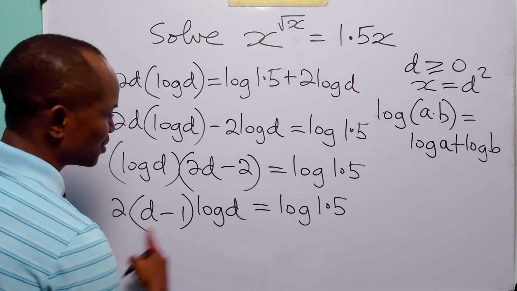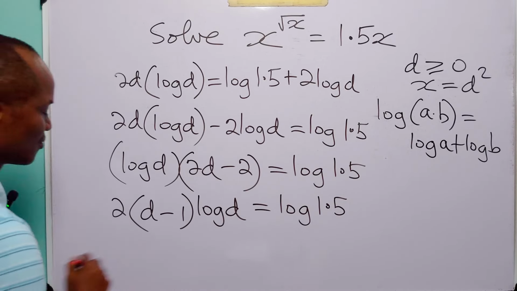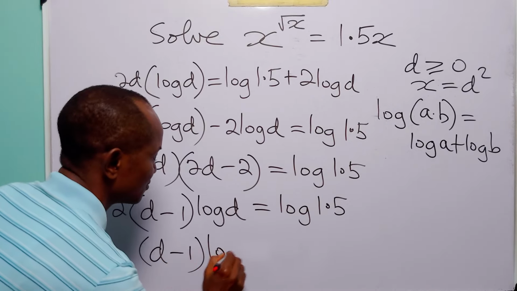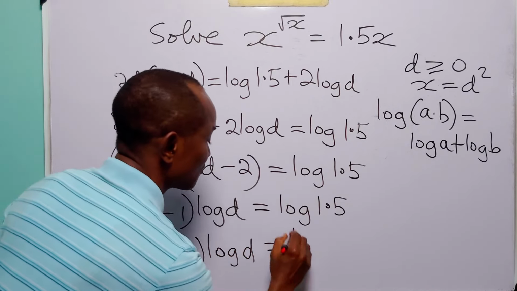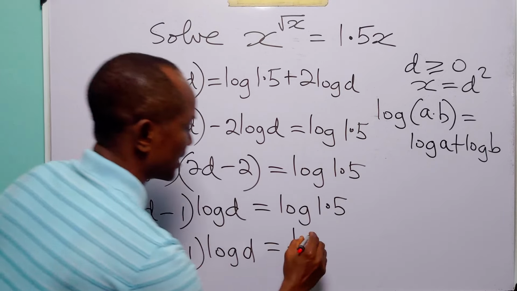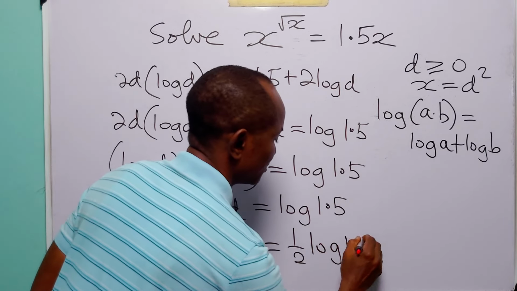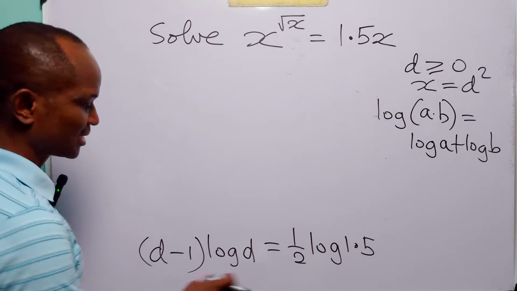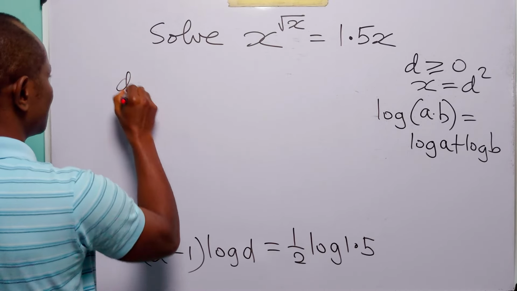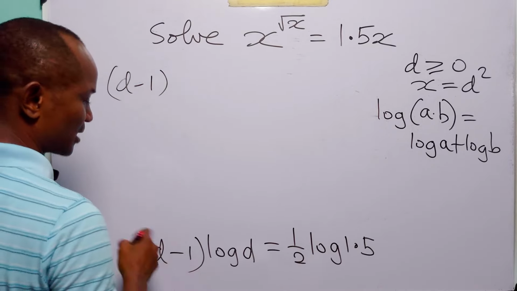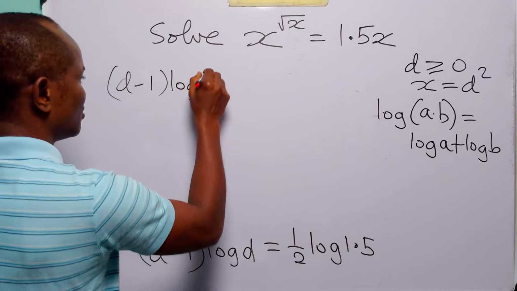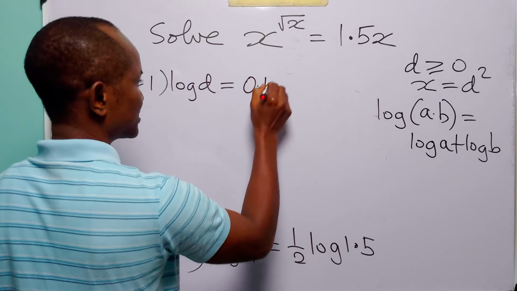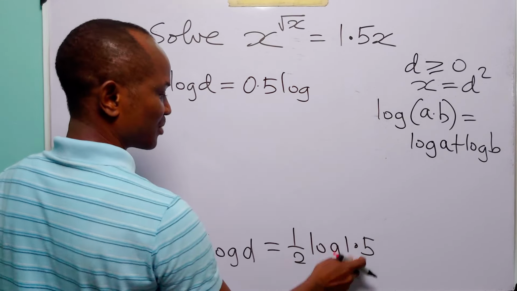And when we divide both sides of this equation by 2, we have that (d minus 1) times log d is equal to half times log 1.5. And ultimately, from here, we have that (d minus 1) multiplied by log d is equal to 0.5 multiplied by log